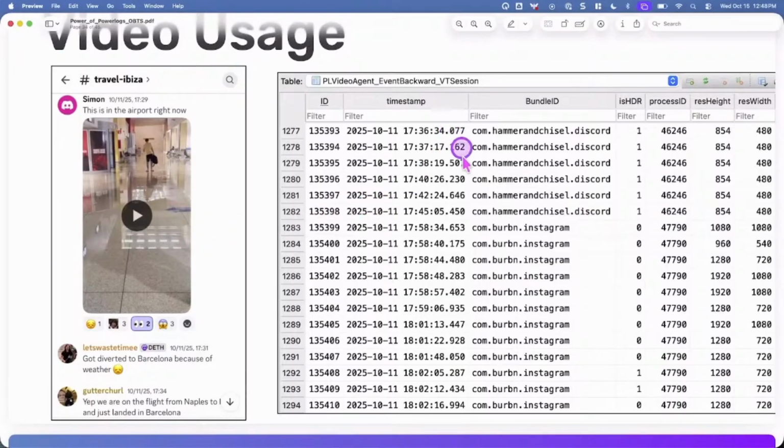So this is just an example of me taking a look and catching up on Discord, and then spending the next 2 hours while sitting in the plane, trapped with a bunch of police, a bunch of angry people, just going on Instagram and being like, I don't want to pay attention to the chaos that's happening on here. Just show me cat videos. That's all I really want to see.